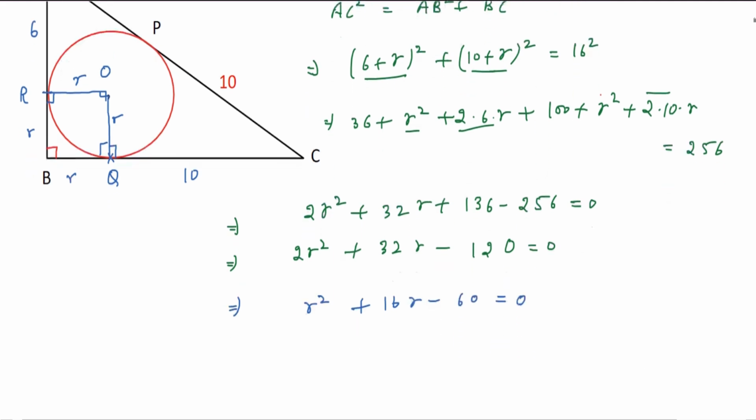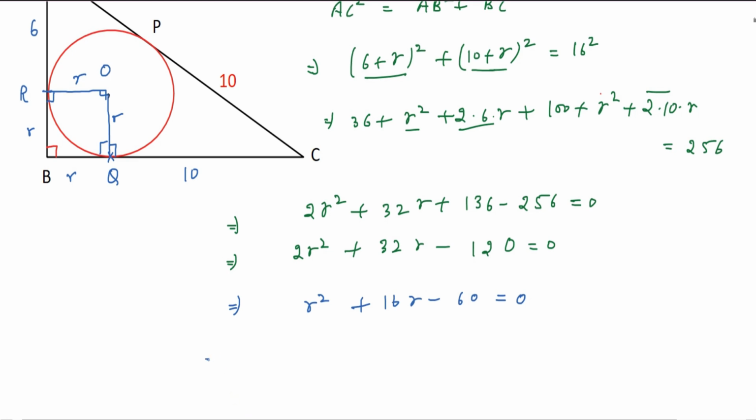So here we can use the quadratic formula in order to find the values of r. So from here we can write r is equal to negative 16 plus minus square root of 16 square minus 4 a, that is 1, and c, that is negative 60. So it will become positive 60